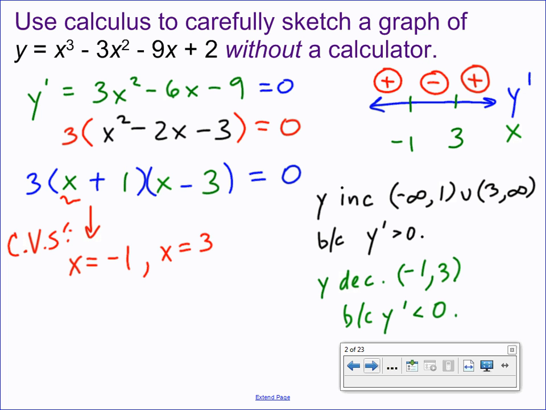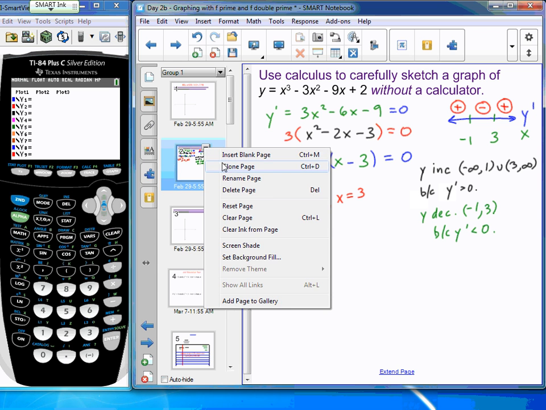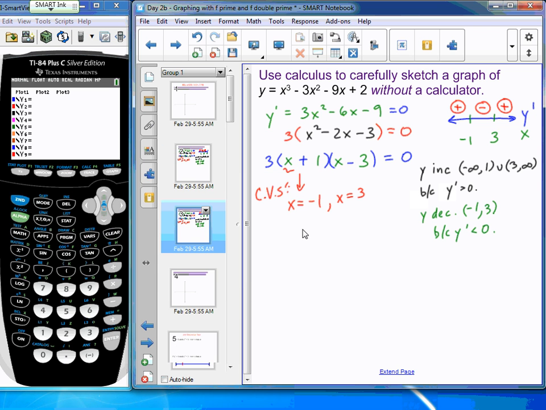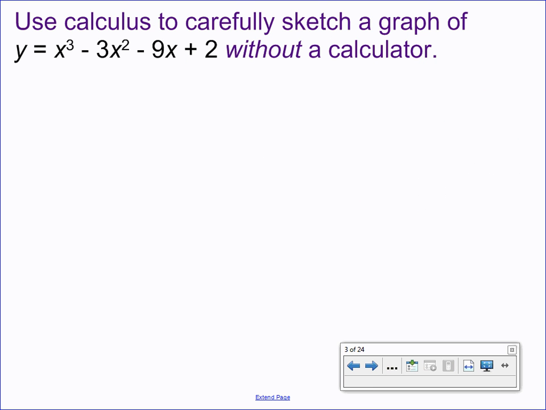So while we have completed our analysis for increasing versus decreasing behavior, we still need to consider the concavity. So go ahead and tell the class what derivative tells us about the concavity of y. I'm going to clone this page and clear the ink. So we have one more to work with here. So what derivative tells me about the concavity then? Marissa? The second. Second derivative, thanks,